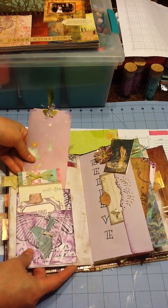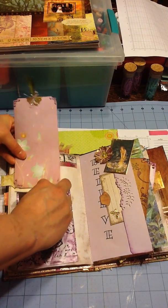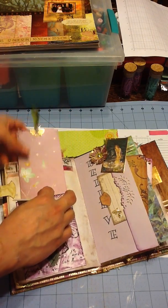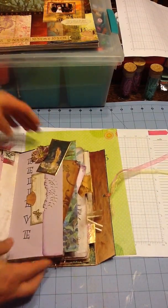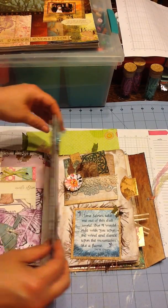Let me tuck this in. I can't see what I'm doing, so of course I'm not tucking right. It's supposed to go. There we go. And there is a back tuck, but I felt the page was kind of heavy and I didn't want to add too much more. On this one, this is the center of my signature, and I made 2 envelopes, and